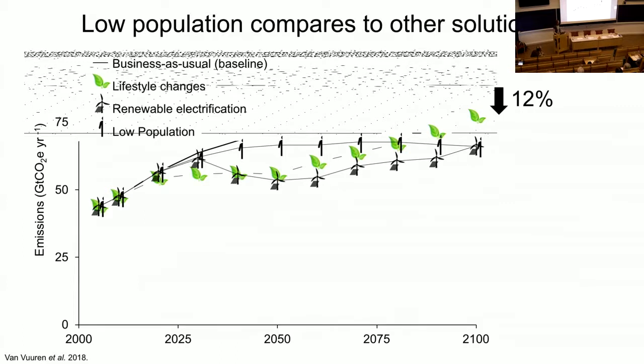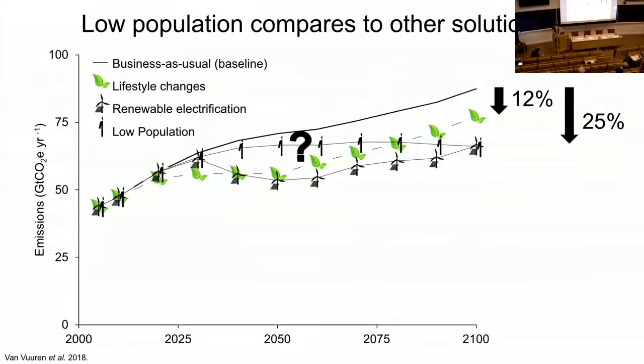2100. A renewable electrification scenario is assuming that we're going to have higher electrification rates in all end-use sectors and optimistic assumptions for the integration of renewable technologies. A low population scenario is assuming a population projection similar to the UN low variant that I just showed you in the previous slides. And both of those would lead to a reduction of emissions of 25% by 2100. So you can see over the course of time, the emission reductions in the low population scenario and renewable electrification scenario are equivalent and even more than the lifestyle changes. So